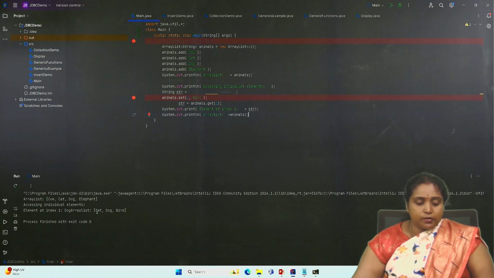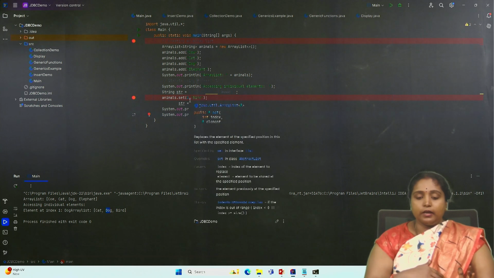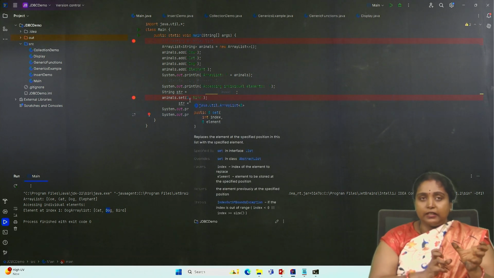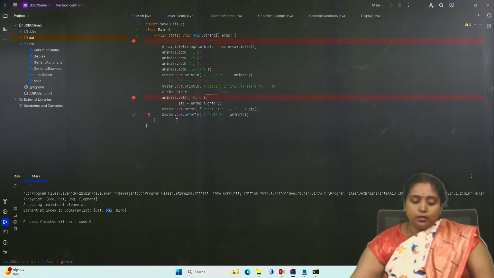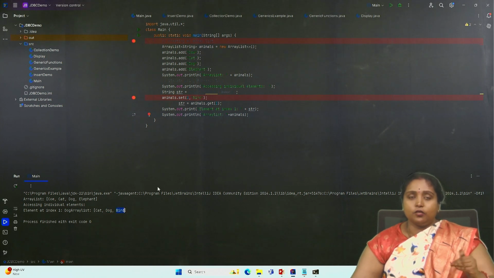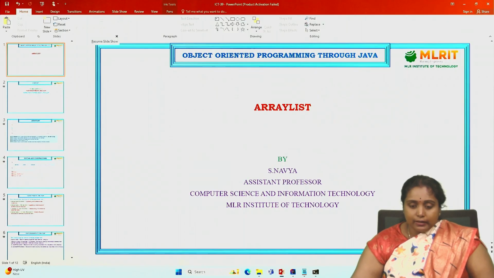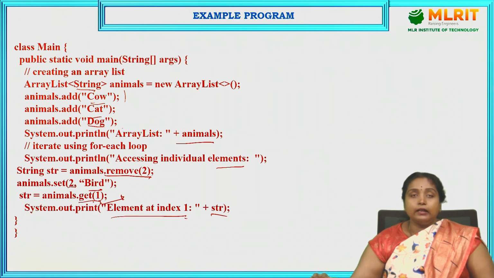What was remaining? Cat, dog and elephant. We have removed the elephant and we have updated that particular elephant with bird. So the bird came instead of elephant. So this is how we create a dynamic array using ArrayList,